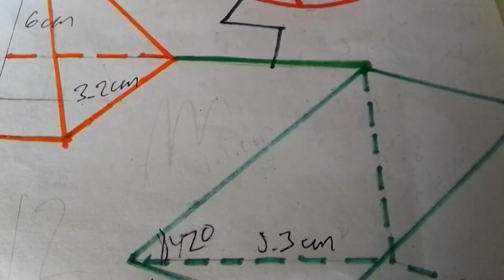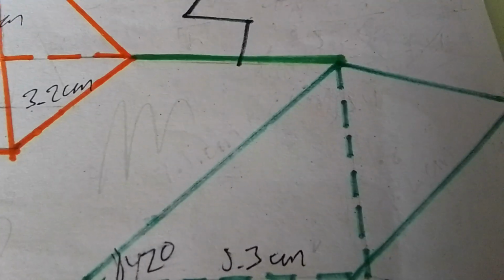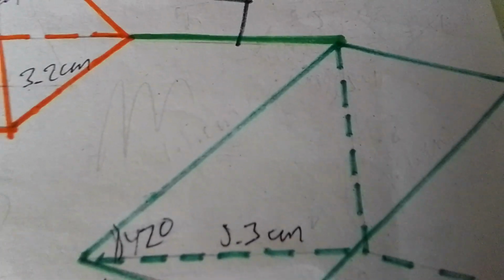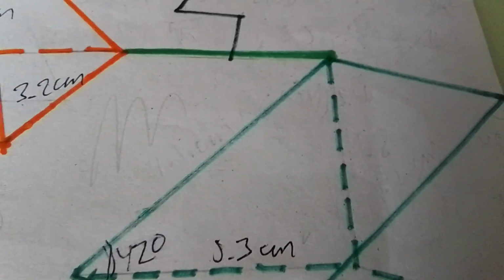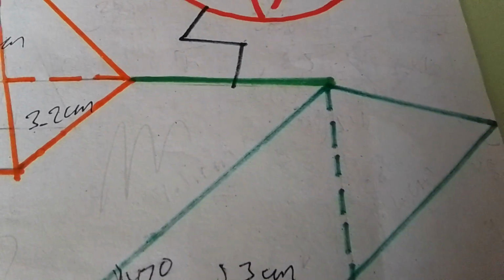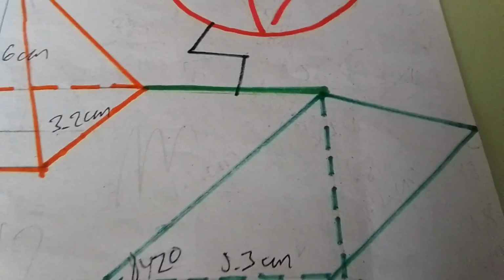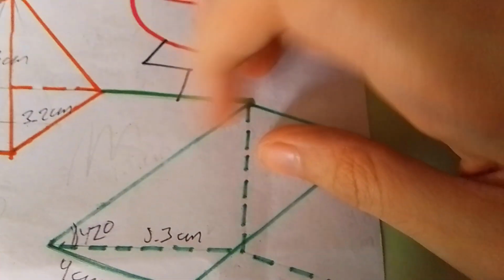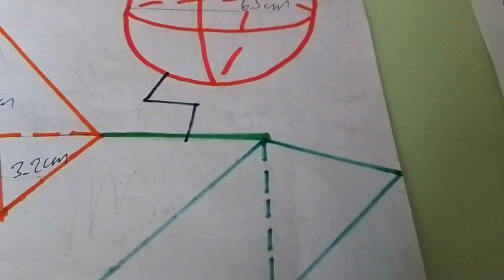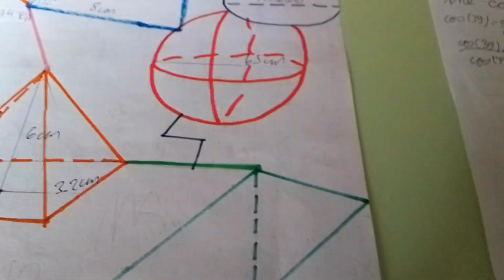So this is what we're gonna do. We're gonna get the hypotenuse first. Remember, hypotenuse, and then we have 42. So remember, this is your adjacent, this is your opposite, and this is your hypotenuse. Since adjacent is given, and we're looking for hypotenuse, we're gonna use the cosine. So our formula is cosine